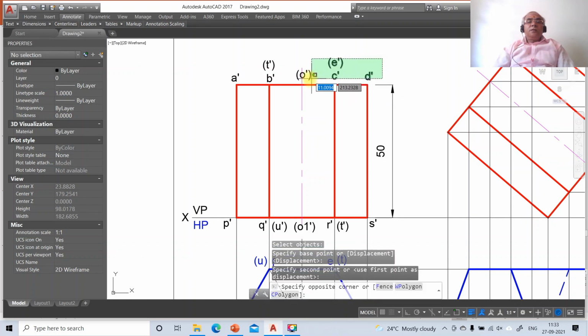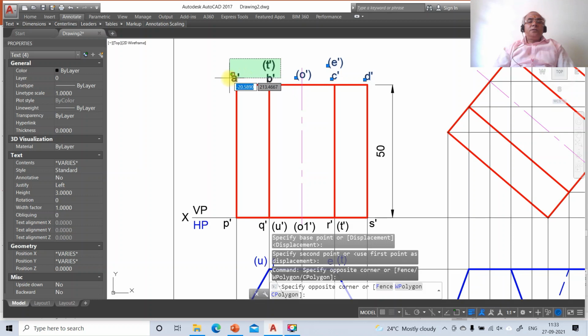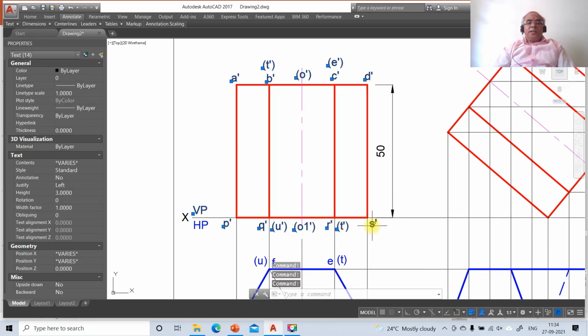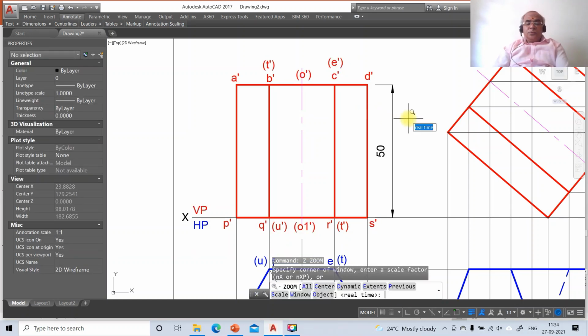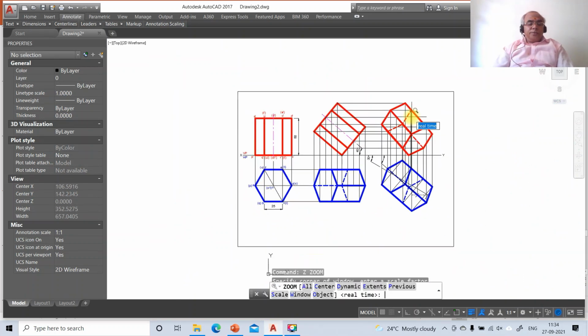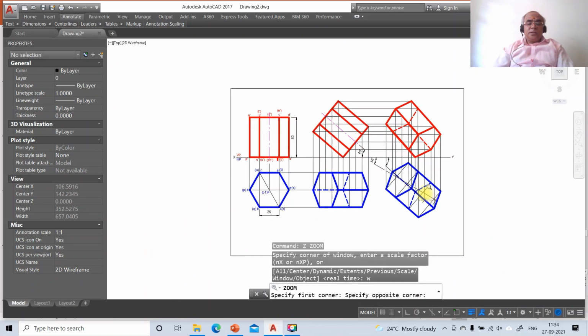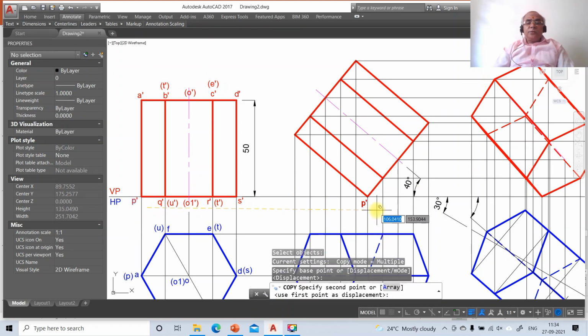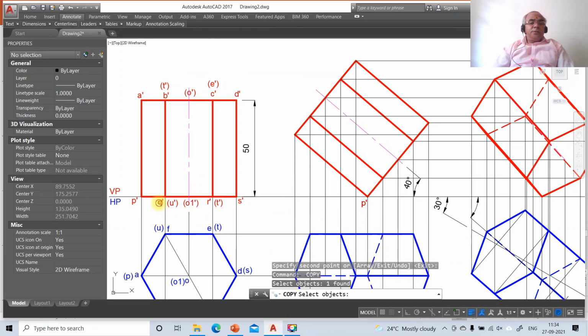You just click over this and you just click over this VP, P, Q, O dash, R dash, T dash, and S dash, and then just go to layer, make that layer as front view now. So now you just copy to the second position. To do that, you just go to copy. So you take P dash and you copy it here, then Q dash,